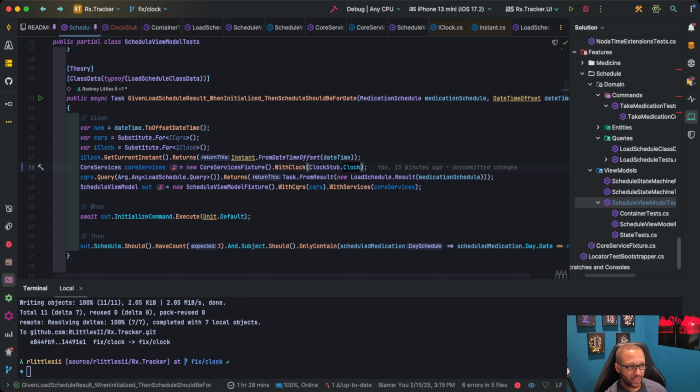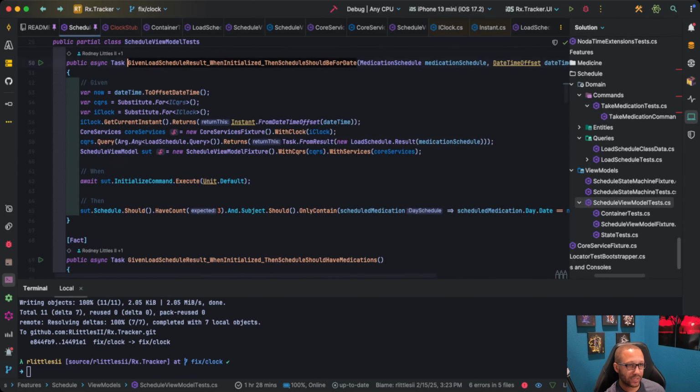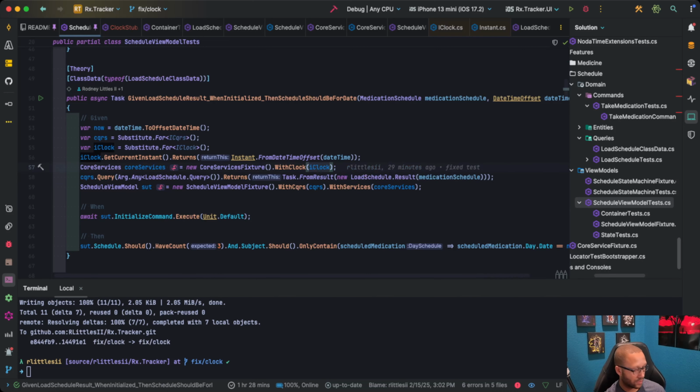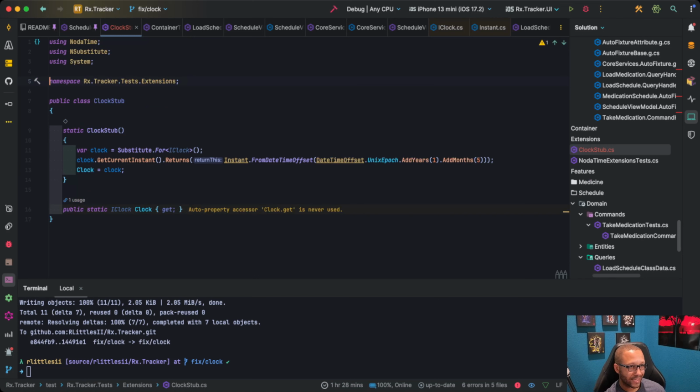Okay, that gets me a clock stub, so now I shouldn't need any of... Ooh, spicy. That doesn't let me set the return value, so that's not going to work. Okay, so I just did all that work to set up that clock stub, but that's not going to actually do any good. So because I need to be able to configure it,